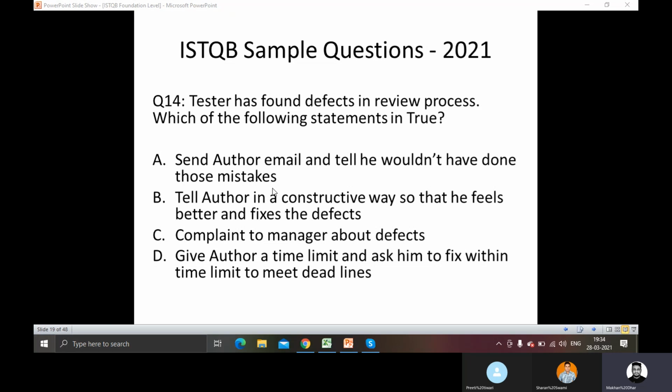Now see option B, tell the author in a constructive way so that he feels better and fixes the defect. You say, this is what I was expecting, but I'm getting the result in a different way, so could you just check and fix the defect? This is a constructive way of approaching someone like a developer to fix the defect. And option C is also incorrect, complaining to the manager. There is no place for complaining to anyone. And option D, give the author a time limit and ask